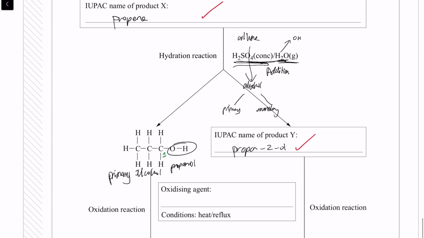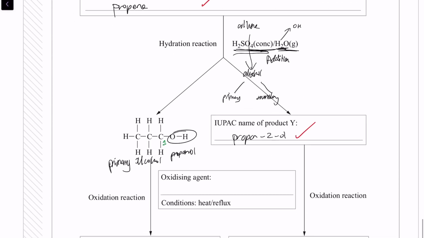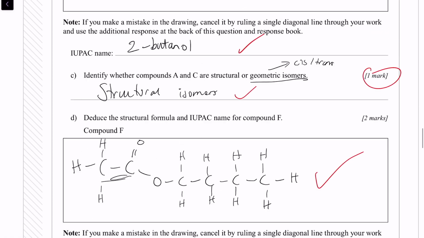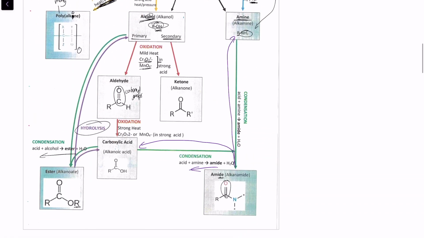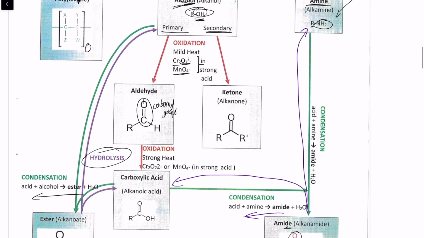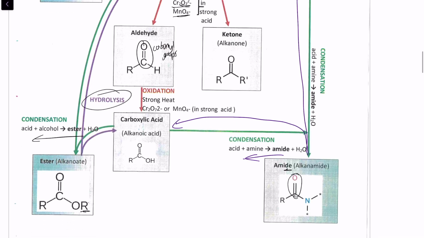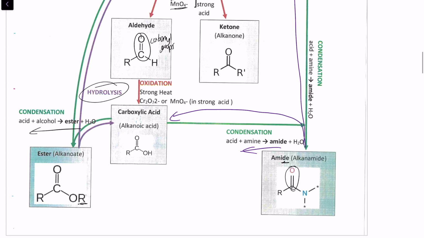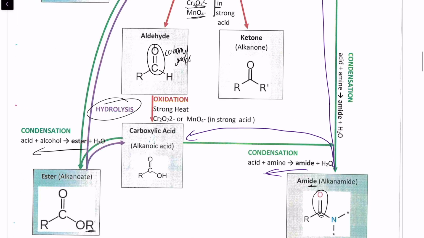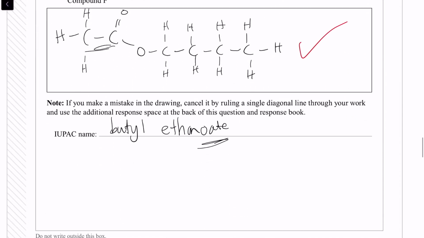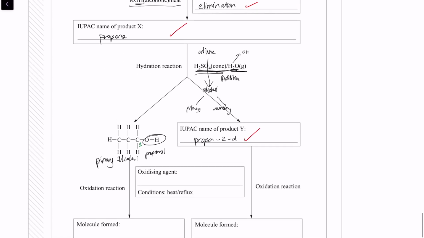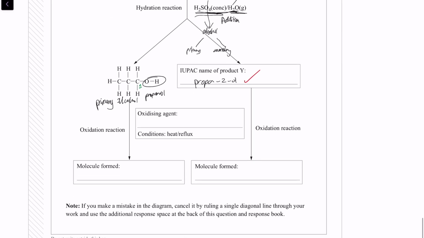Because we know that oxidizing a primary alcohol will give an aldehyde, right? And then if we oxidize a secondary alcohol, that would be a ketone, right? But what the question's asking us to do in this case is, well, first of all, let's put the oxidizing